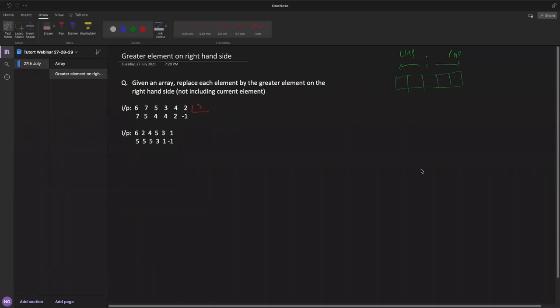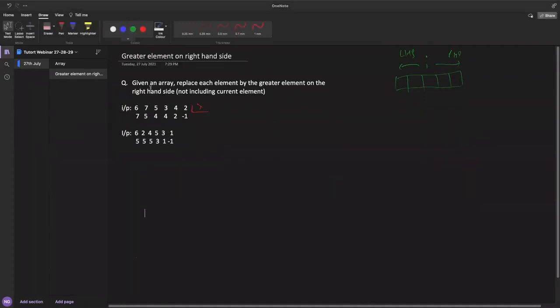So the problem statement is you are given an array, like this. You have to replace each element by the greatest element on the right hand side. Whatever elements you have on the right hand side of the current element, among them you have to find the maximum element and replace the current element with it.